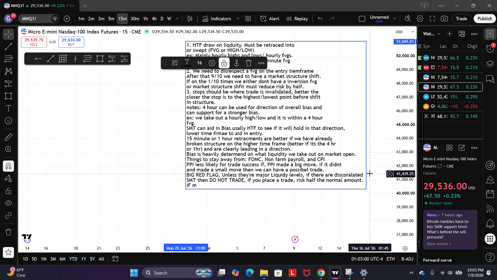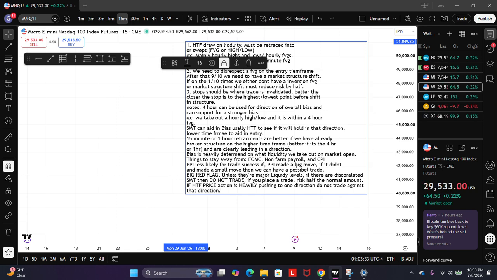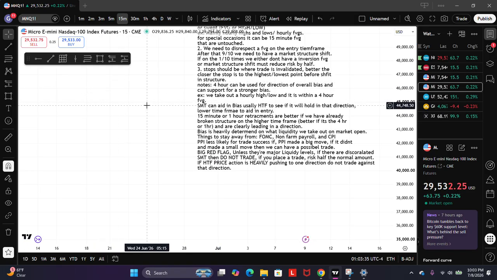If high time frame price action is heavily pushing in one direction, do not trade against that direction. Just like within that previous example I showed you,